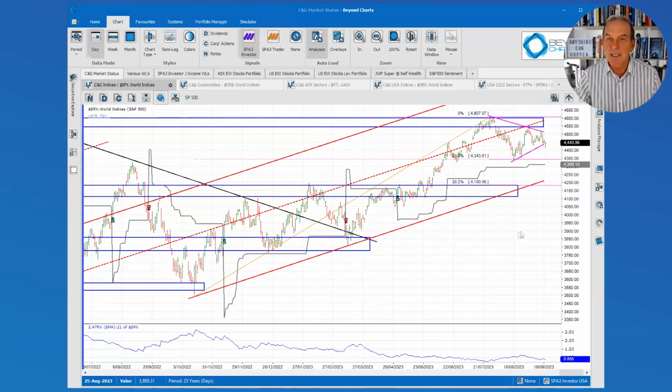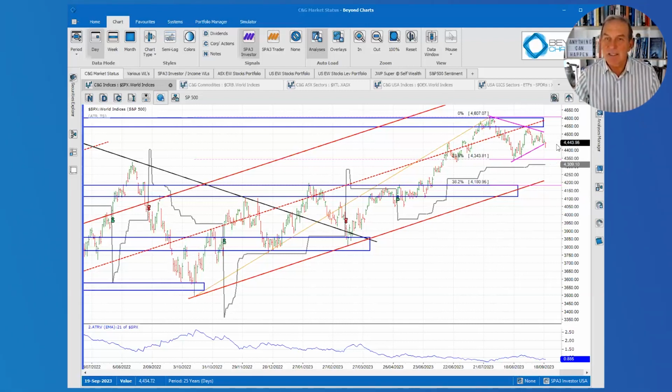For this continuation pattern on the upside to continue, we do want to see a breakout above certainly the first peak, then that peak, and then to make a new 52-week high and take out this peak that was achieved back here in July. So that's the case for the upside.